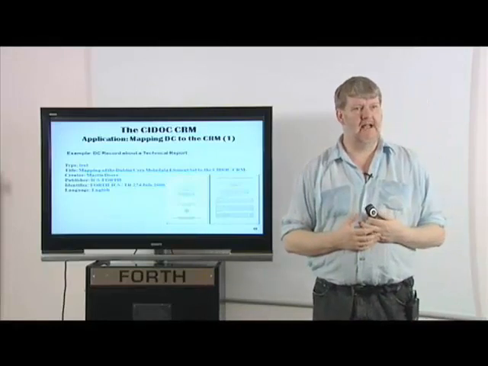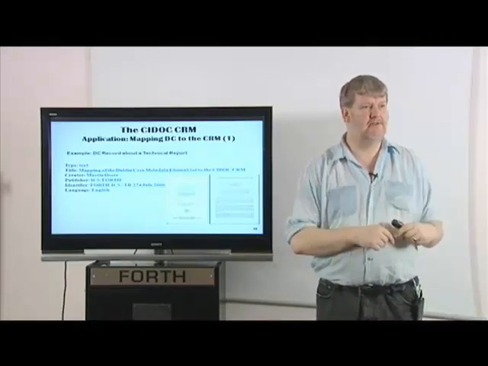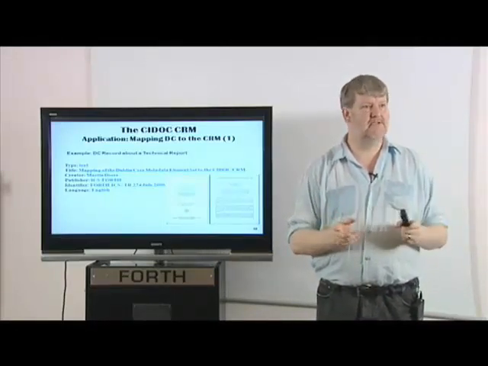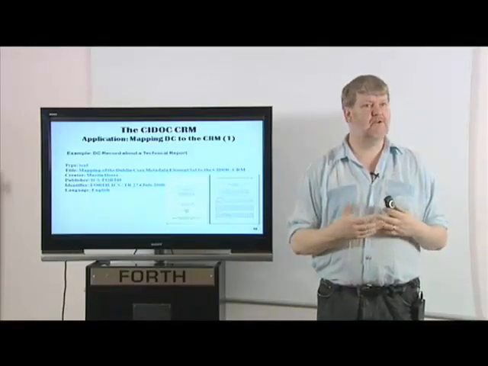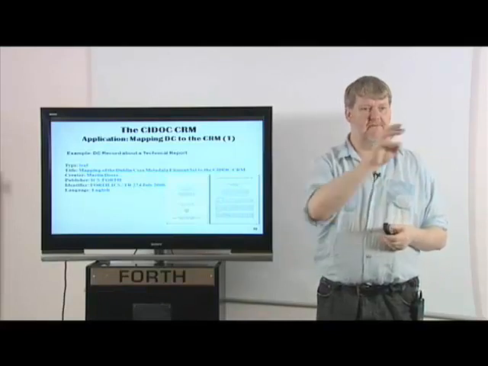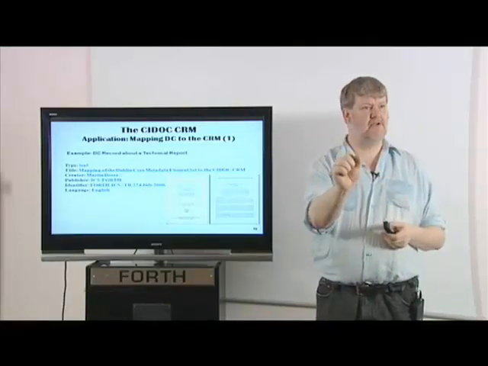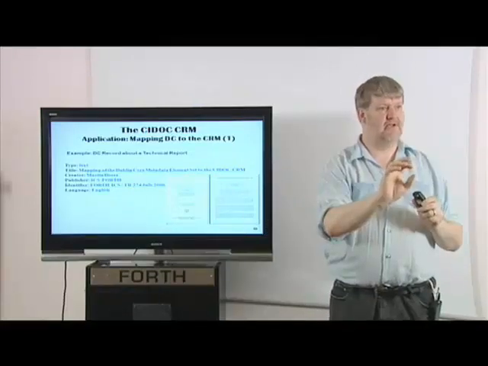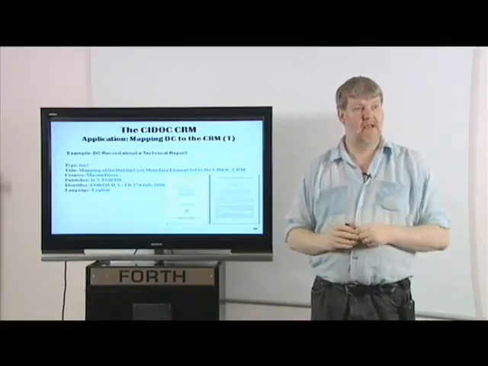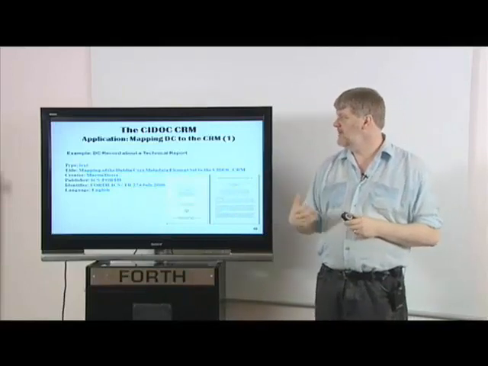And so we actually have to produce mappings which say, if this field contains this piece of information, map this way. But if it contains a different piece of information, then map this way. And just to illustrate that, I'm going to show you how to do mapping of Dublin Core data to the CRM. And I'm going to do that by showing you two example mappings, one for a piece of text and